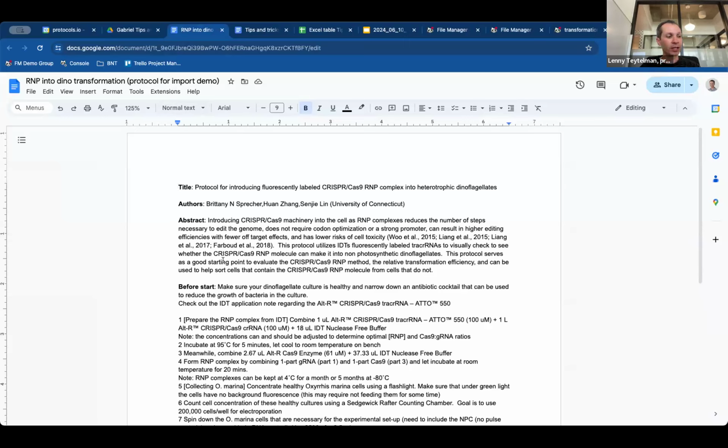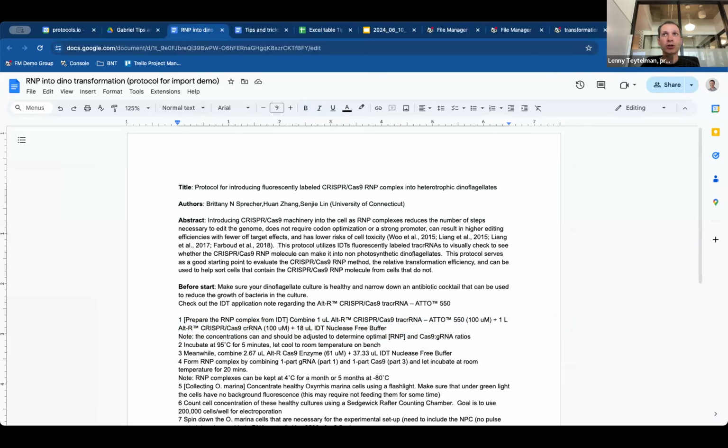I want to get it into Protocols.io, taking advantage of the Protocols.io format. So instead of just copying and pasting everything into the guidelines, or taking one step at a time and copy pasting into Protocols.io, which is laborious and time consuming,